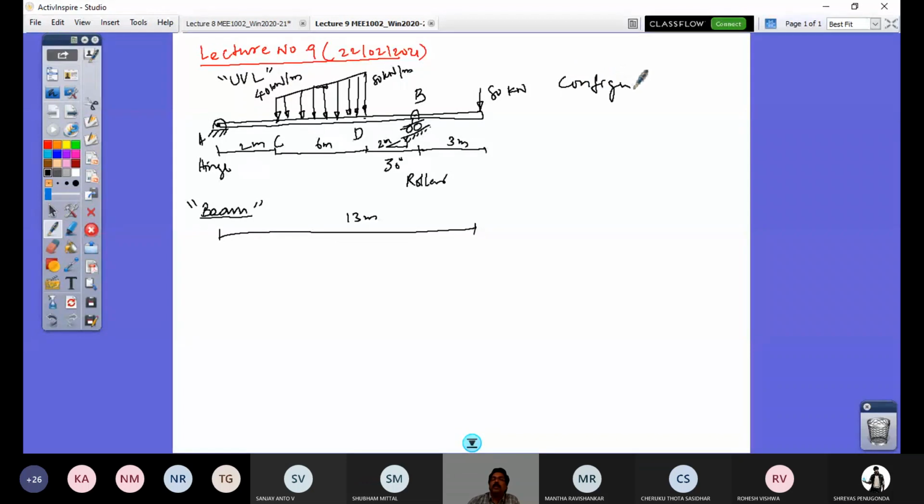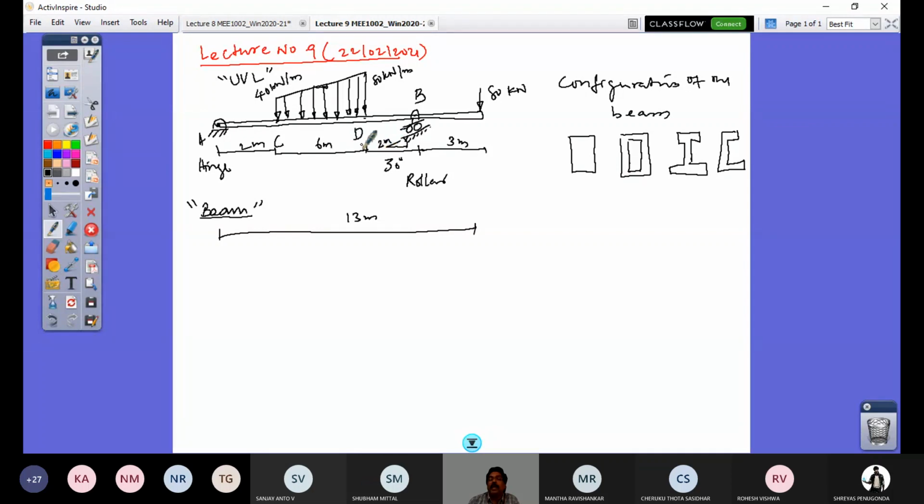The beam can have different sections. If I cut the beam along this, the beam can be of rectangular section, hollow rectangular section, an I section, or a C section. Different sections, and their orientation and dimensions, play an important role in an important property of the beam called load carrying capacity.